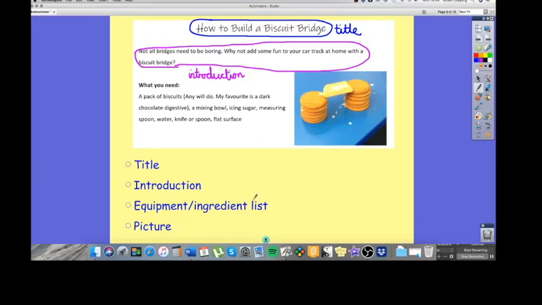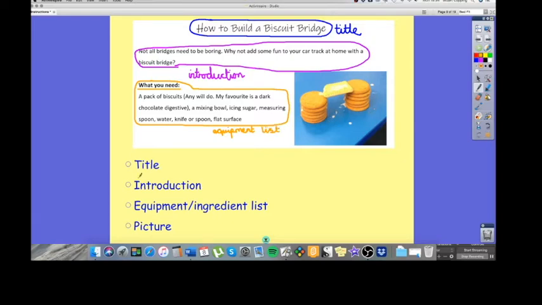Right, the equipment or the ingredient list, the what you need bit. Can anybody find that with their finger? Everybody done it? Okay, it's here. And now that we've talked about it, this bit also has its own subtitle here, what you need. So that's a subtitle, whereas that's a title. And this is equipment list. Trying to write a bit neater as well. Equipment